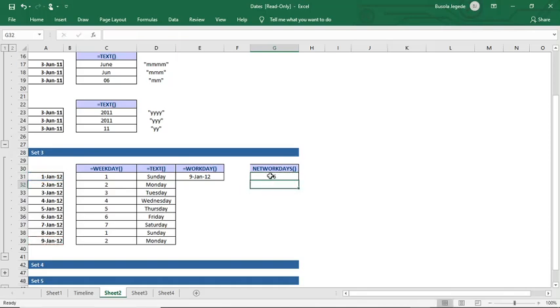So you can say that the workday formula and the network days formula are kind of complementary formulas that are basically doing the same thing in different ways. So the network days formula tells you how many work days have passed between a start date and an end date, while the workday formula tells you what the date will be after some work days have passed. Okay, then let's go